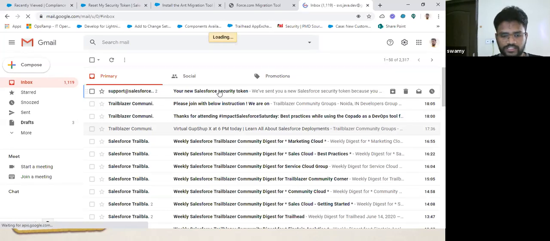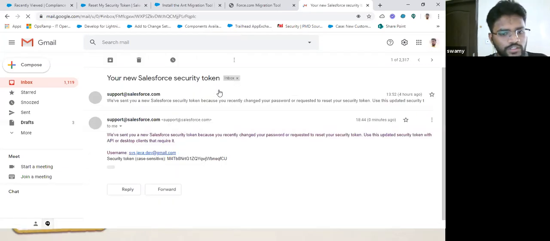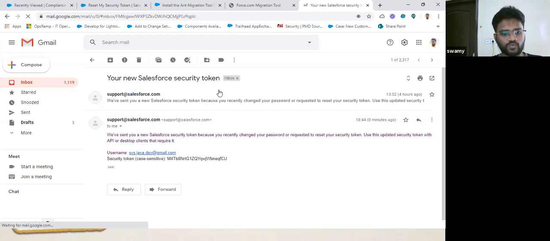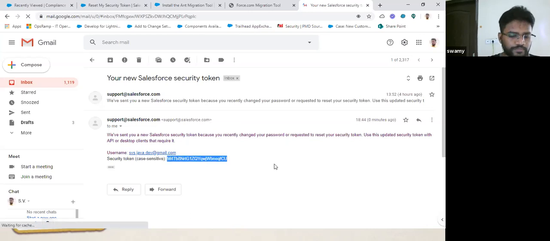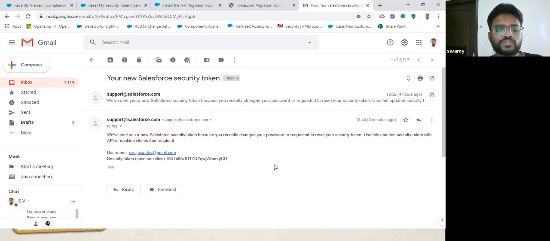Since I have reset my security token right now, I cannot work with the old security token. This is one of the best features that Salesforce provides: every time before deployment, you can change the security token so that it is highly secure. And every time you have to put in the new security token. If someone has seen your security token, he cannot use it in the future if you reset it. Unless I reset it, I can use the same security token each and every time.